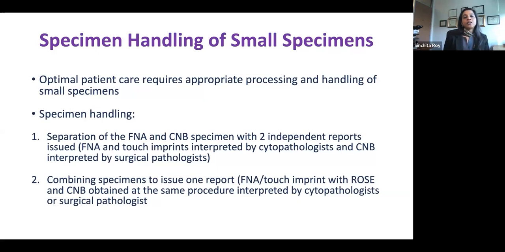So now that we're starting to see more of these small specimens coming during the cytology procedure, the question that arises is how do we handle these specimens? Who signs out these specimens? Are they processed as part of your cytology specimen and signed out by the cytopathologist, or do you separate it out? It gets processed as a surgical pathology specimen, and then you have two pathologists, your cytopathologist and your surgical pathologist, whatever subspecialty that is, interpret them separately, and you have two independent reports, right? So you have two choices of how you want to proceed with this.